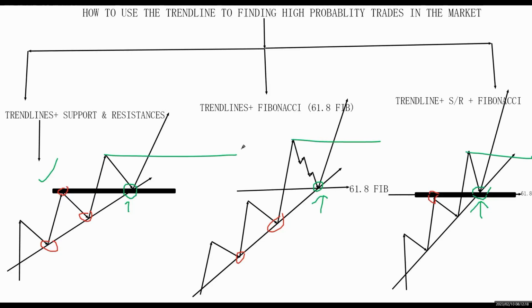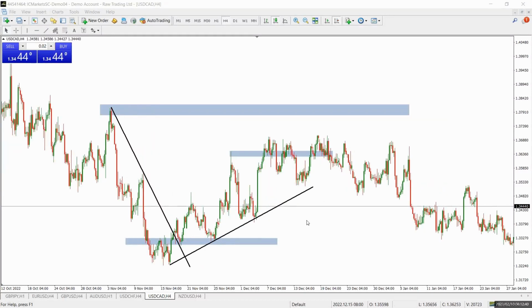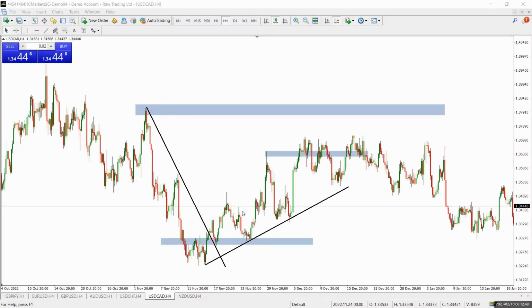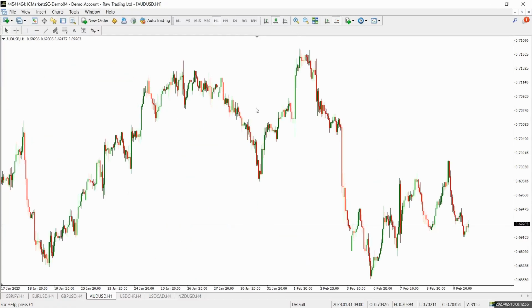So let's look at this example one after the other. So let's take it on the live chart. The first one is the trend line and area of support and resistance. So let's go on the chart. Let's look for examples right on the chart. Let's look at the trend line. We're looking at the case of the trend line actually intersecting the area of support turned resistance. So let's look at the AUD USD for specific examples,